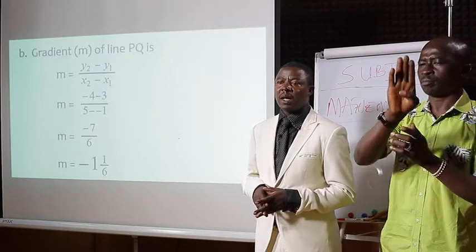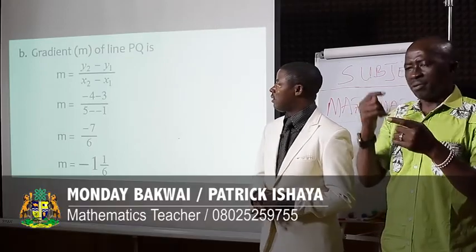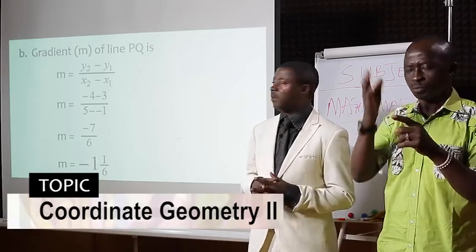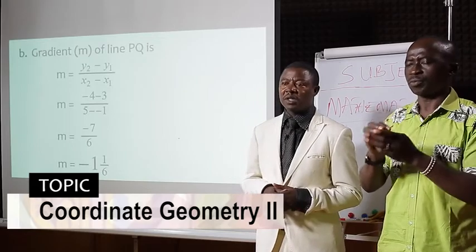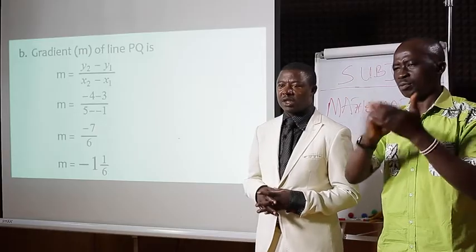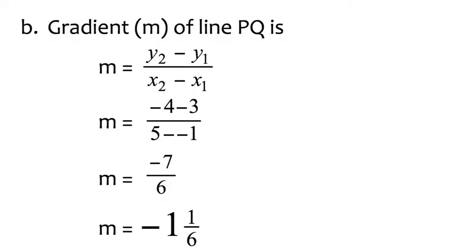Then B, we are yet to ascertain the gradient of points P and Q. You go ahead to state the formula, denoted by letter M, which is y2 minus y1 divided by x2 minus x1. Substituting accordingly, we have minus 4, which is y2, minus 3, which is y1, all divided by x2, which is 5, minus